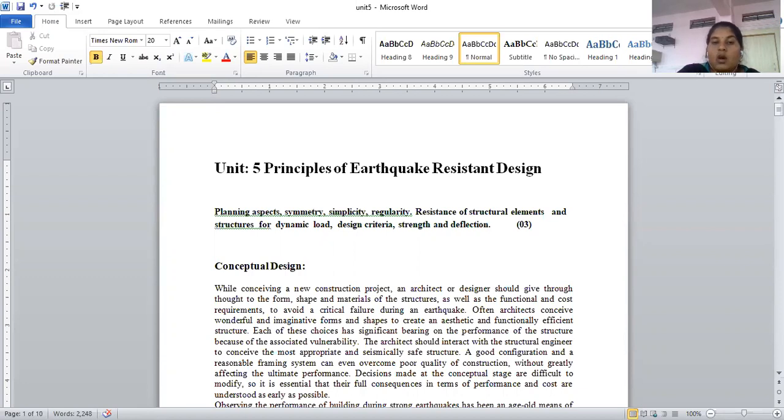Okay, now we'll see what is the overall form of the building, what are the planning aspects of our building, that we'll understand here. While planning a particular structure, the guiding principles to consider are given below. So you can understand all the principles over here. I request all of you, please write down all these principles. These are very important principles from this unit number 5. Write down principles of earthquake resistant building.